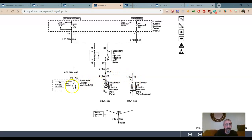So we look at this and we see the computer controls this side, pulls it to ground. Here's our fuse that goes to it. We have a fuse over here that feeds 30, comes out on 87, goes down to both things. Right? So we take it, we do this, we get our Hoover vacuum cleaner sound that comes out of this,